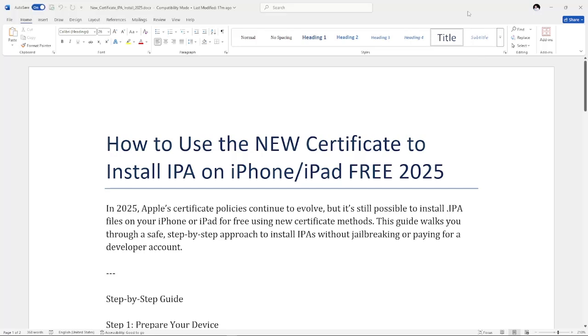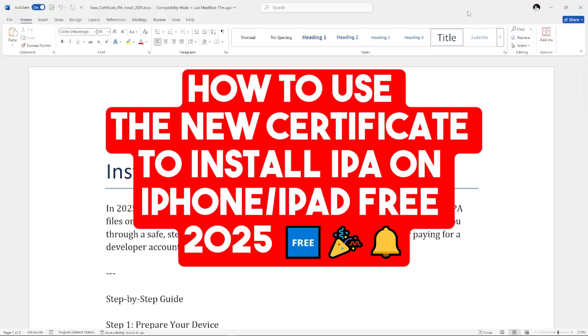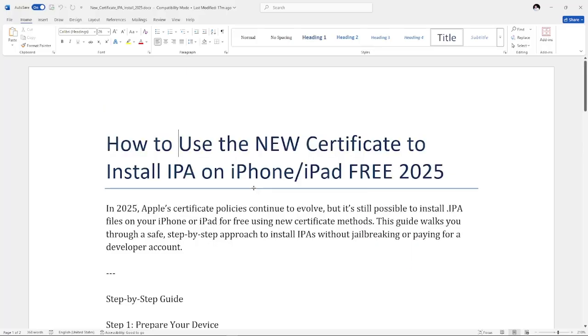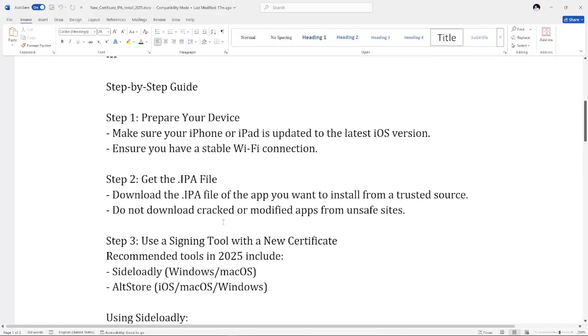So in this video, let's talk about how to use the new certificate to install IPA on iPhone and iPad for free in 2025. Now step 1, of course, prepare your device. Make sure you have the latest version of iOS, both for your iPhone and iPad. Ensure you have a stable Wi-Fi connection. I really suggest you have a strong or stable connection for this one since these are going to be IPA